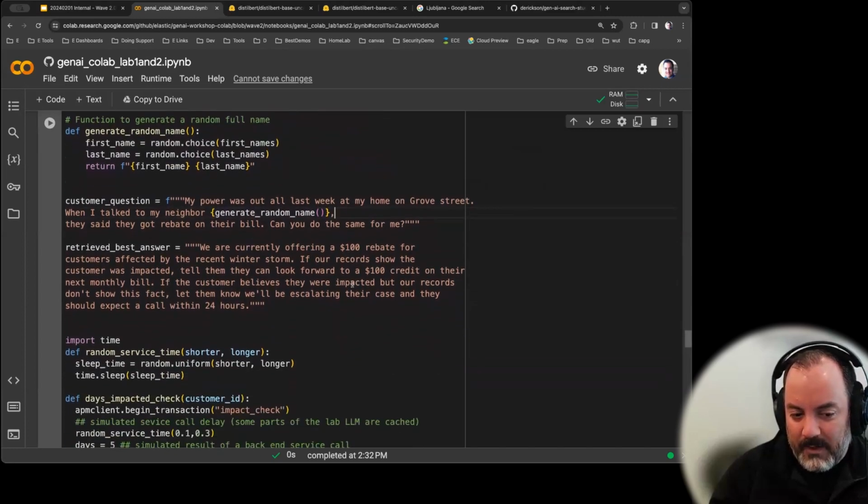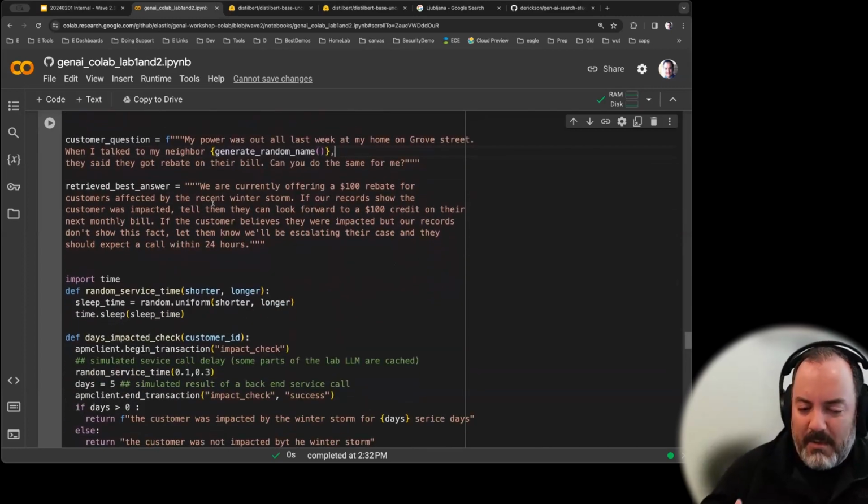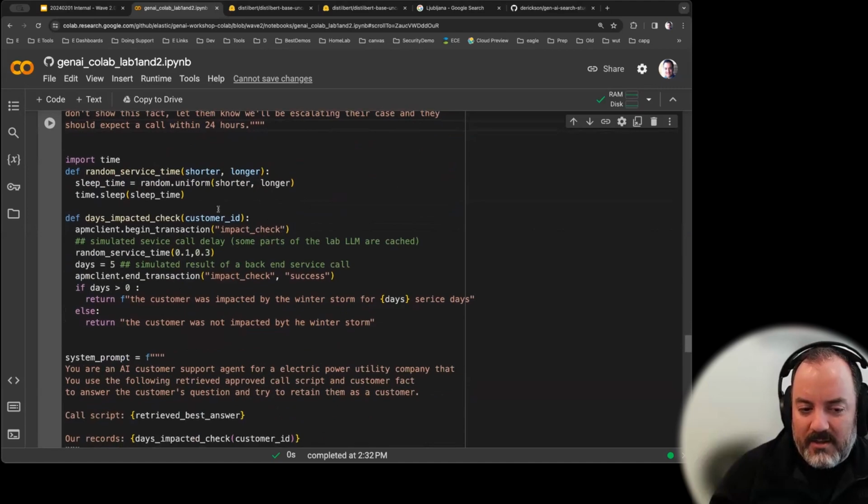service provider? So let's simulate, maybe I went to Elasticsearch and I got a call script that is approved for the AI chat agent or even a human agent that's got an assistant sitting there for them. And say, well, we're currently running an offer for a $100 rebate. Great. Whatever the service prompt is there. So we're going to run this,